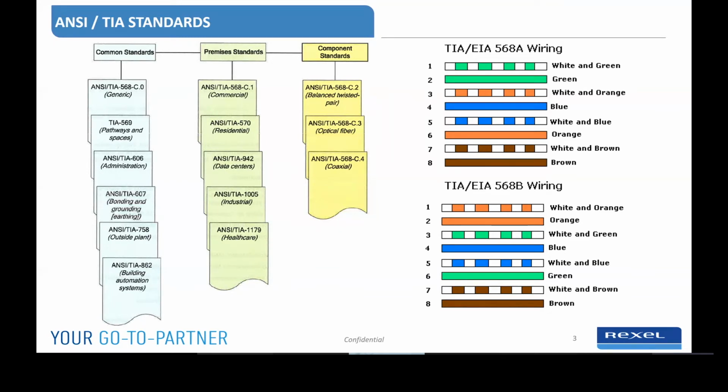But the vast majority of the time, a straight patch cable is going to be 568B. The good thing about devices nowadays is that they're actually smart enough to sense which wires are your transmit and receive. And so if something is connected with either